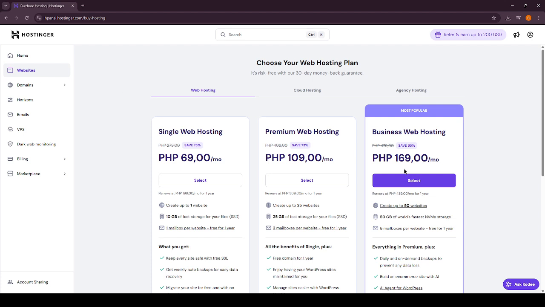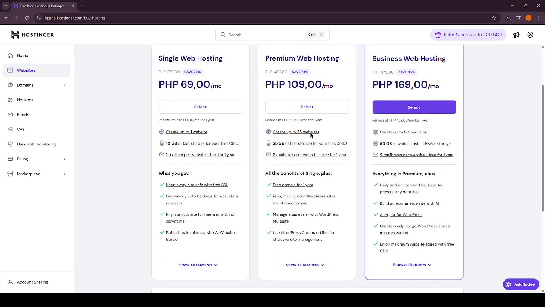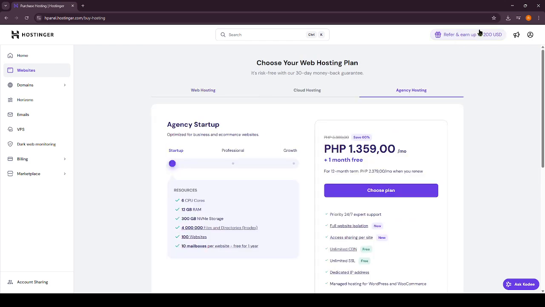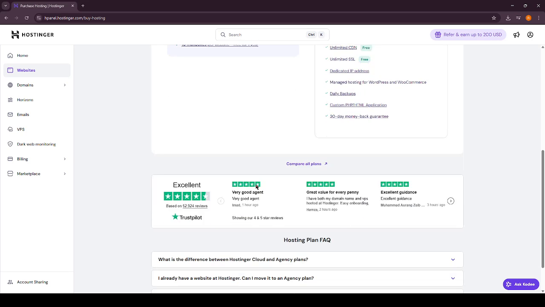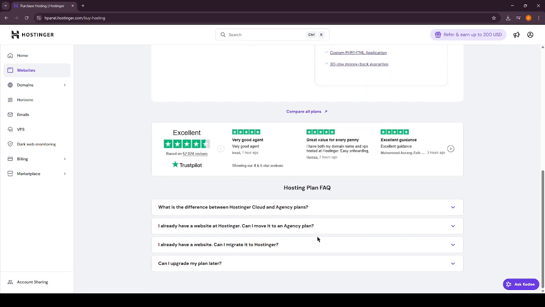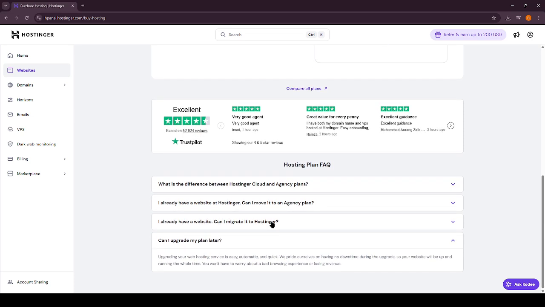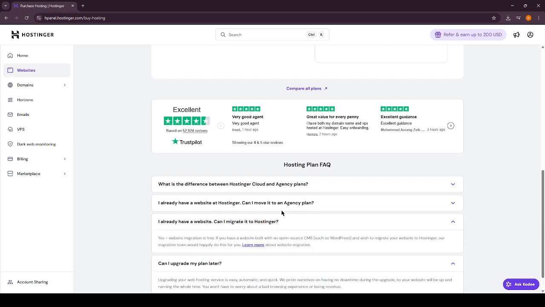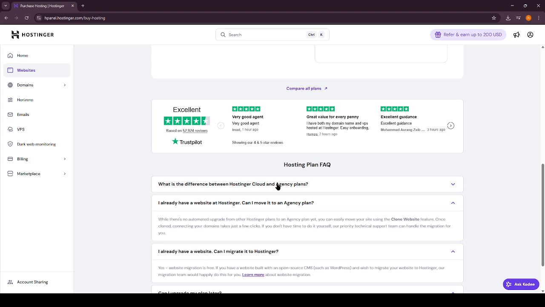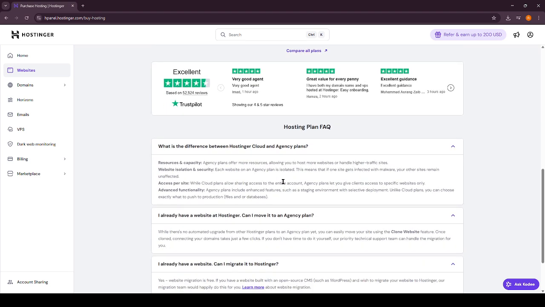Once your files are uploaded, it's time to focus on your database. Hostinger makes this process seamless with phpMyAdmin, a web-based interface designed for managing MySQL databases. Open phpMyAdmin within the H panel and navigate to the Import feature. It's here that you'll be able to bring in your backup database files. After uploading the SQL file, the database will be restored to its previous state, containing all the essential data for